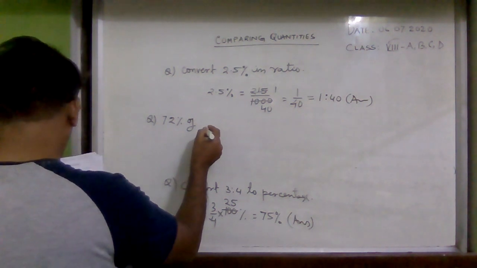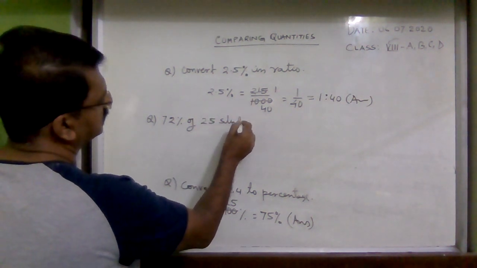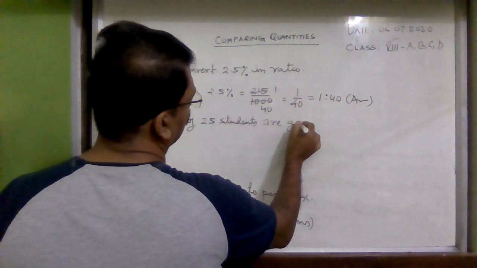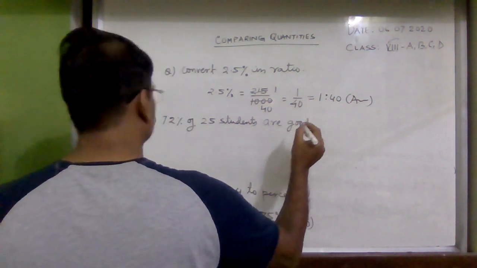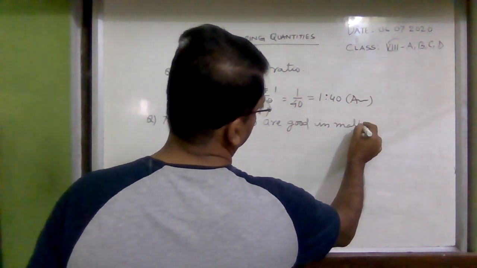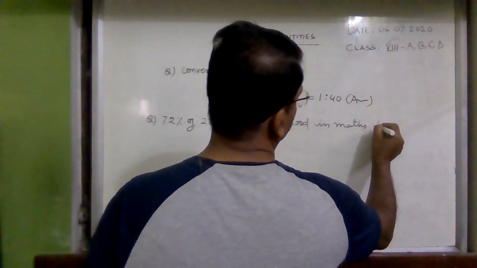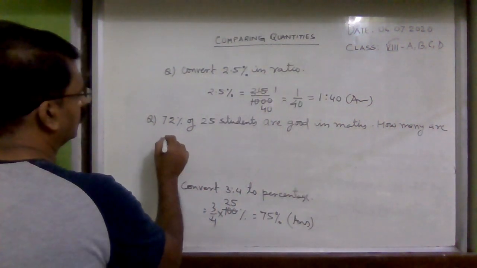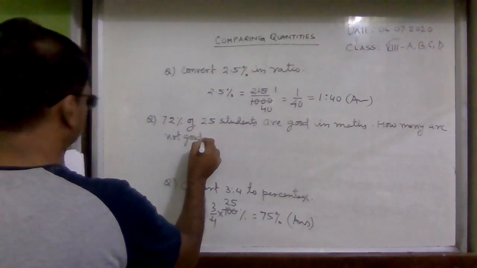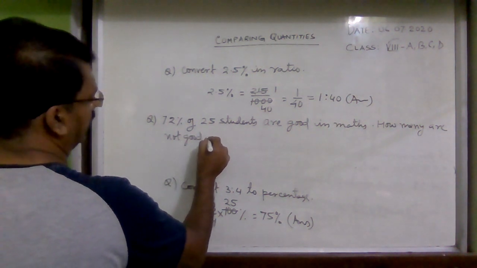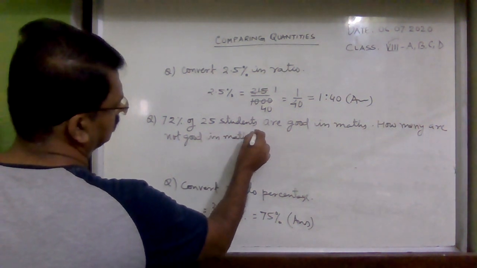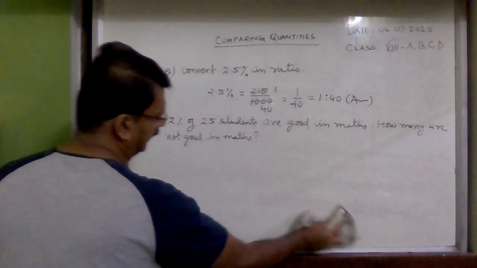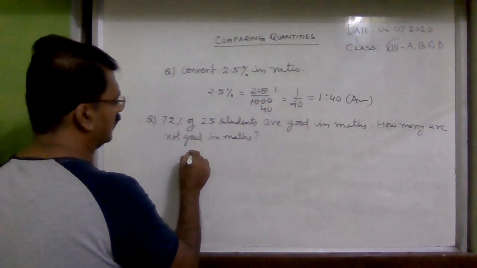72% of 25 students are good in maths. How many are not good in maths? How many are not good in maths? Now see, number of students